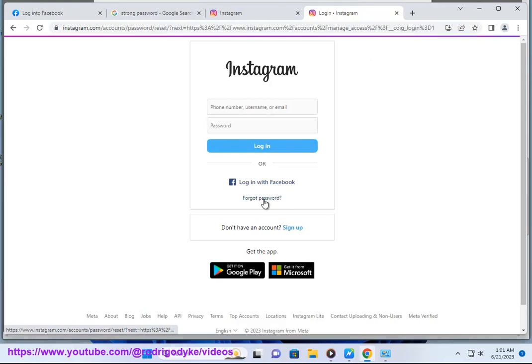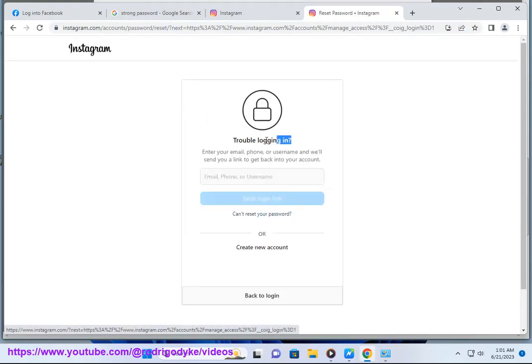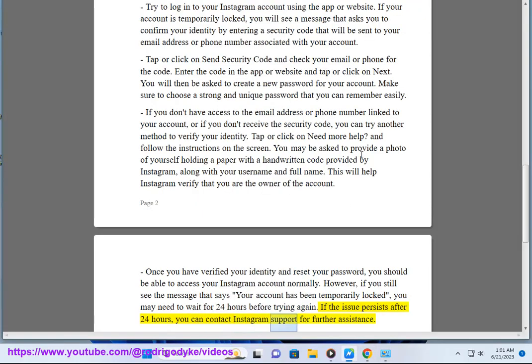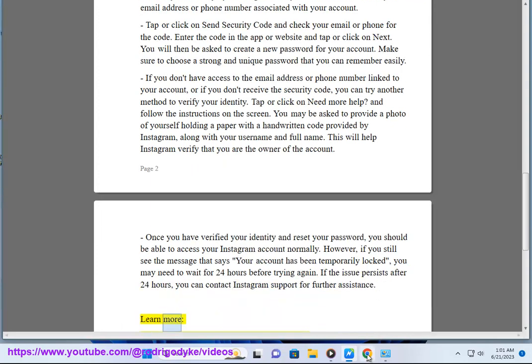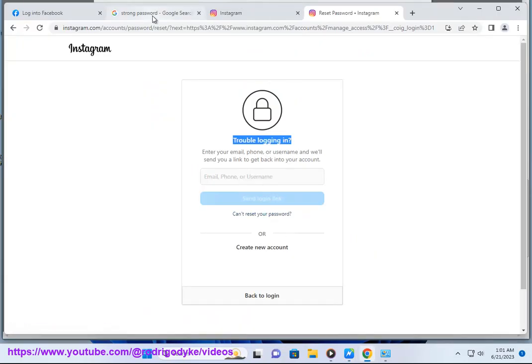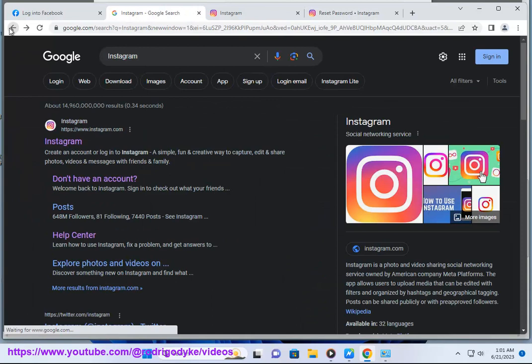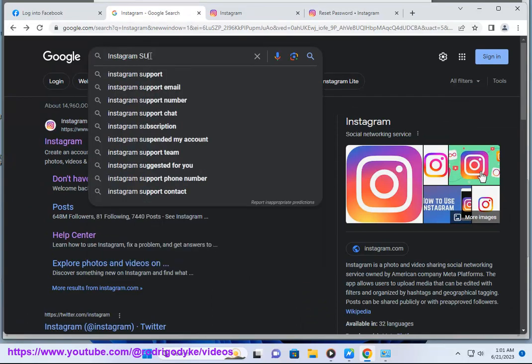However, if you still see the message that says your account has been temporarily locked, you may need to wait for 24 hours before trying again. If the issue persists after 24 hours, you can contact Instagram support for further assistance. Learn more: My Instagram was hacked. Instagram support. https://www.instagram.com/hacked